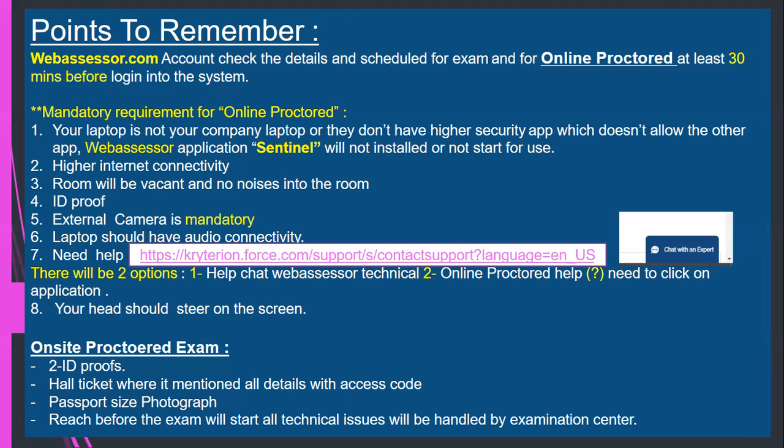So when you click on it, they will check your biometrics. You have to steer the camera. After that, it will go through some verification, and then it will go through the online proctor chat. After that, all the pre-checks like your voice, audio, and all the things, then you will be entering the examination.